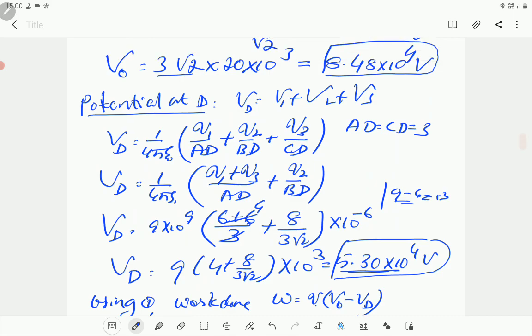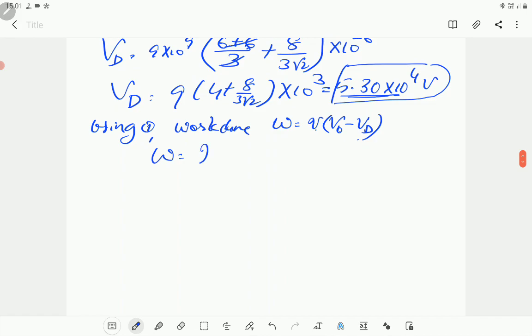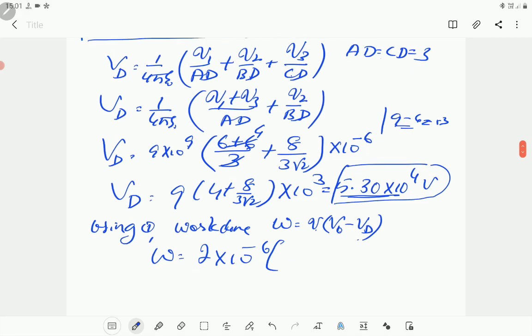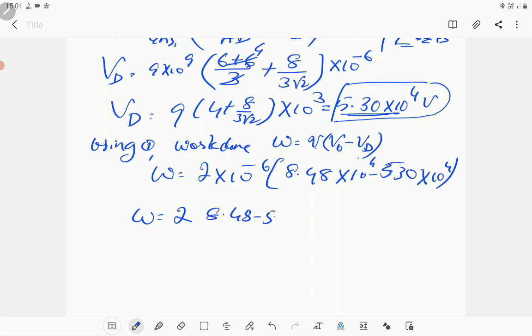Now write the value of the charge. What is the charge to be moved? 2 micro charge you are moving from the corner D to the center of the square. VD here we have found, VO 8.48 into 10 raised to the power 4 minus 5.30 into 10 raised to power 4. Here power of 10, 8.48 minus 5.30 into 10 power minus 6, 10 power plus 4. So the value of W is,